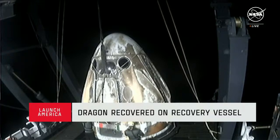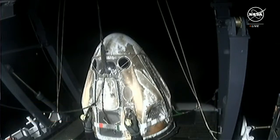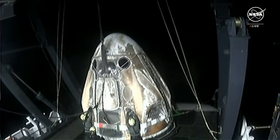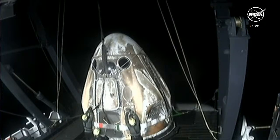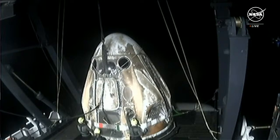in getting removed from the capsule because they have been aboard the International Space Station for the past 6 months. Even though they work out for a couple hours a day to maintain bone and muscle health, the adjustment back to the 1G environment on Earth can be something that takes a little getting used to. So as a safety precaution, we always do just help any of our crew members returning from space out of